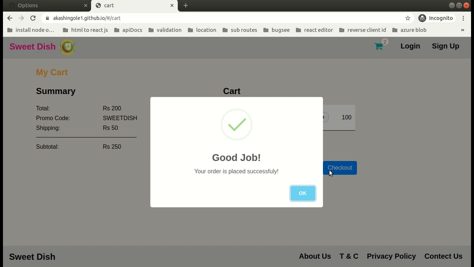If you are using an API, when you do the checkout and the payment, you hit the payment API at the back end. You also have a view cart API, any name you can give it, and that API gives you the updated cart, which you can render to show your list.